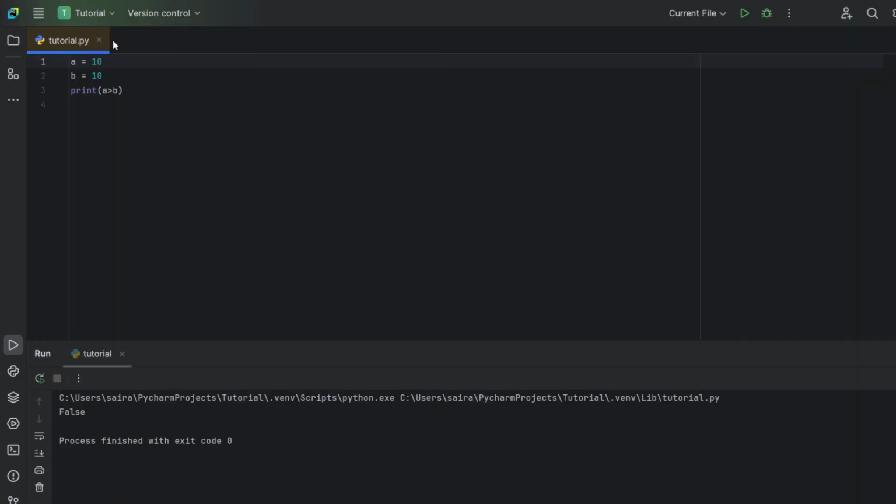But what if we wanted it to be like this, greater than or equal to? Then we have another operator, which is the greater than followed by an equal sign. Once again, these are two subsequent signs, but Python takes them as one. Now if I take greater than or equal to, and then run this, it'll print true. 10 and 10 are equal. If I take 11, it'll print true as 11 is greater. But if I take 9, it will print false.